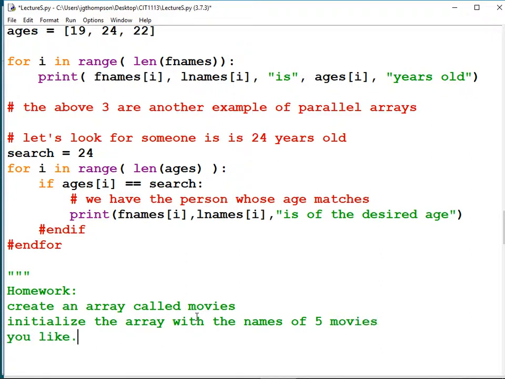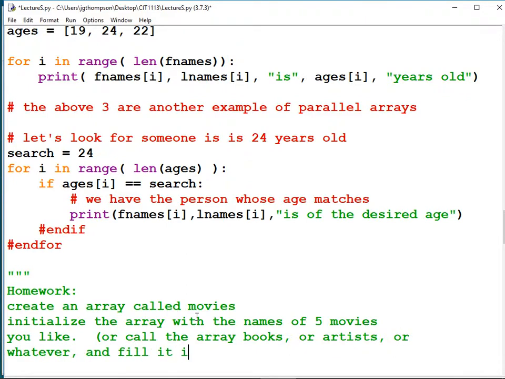Or if you don't like movies at all, call it books and fill in 5 books. Or if you don't like books, call the array artists or whatever, and fill it in with the data you like.